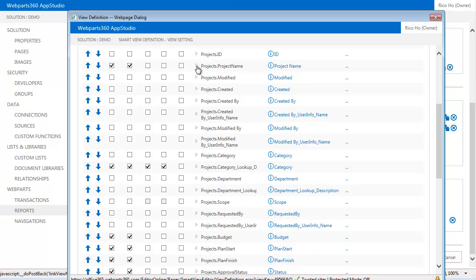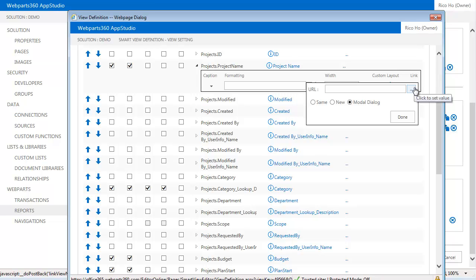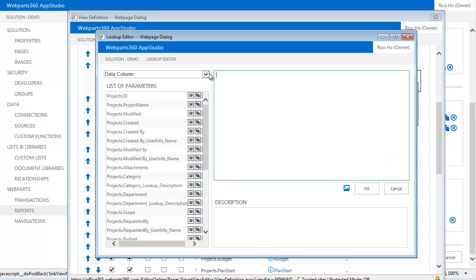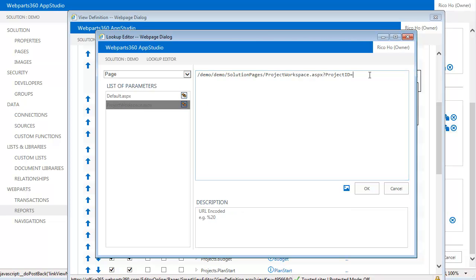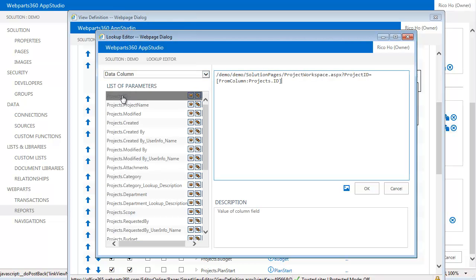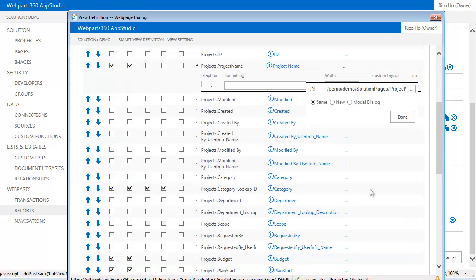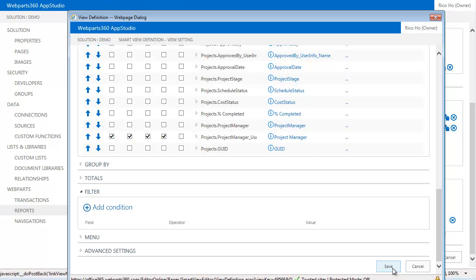Here I have the option of setting a link, and I can say this is going to go into my page in my system, called my project workspace, and it is smart enough to know that I have a transaction ID which I have to pass in as the ID. Of course, I can select from my data column, and that's the first column. I pass that into my system, and I am done. So when I save this,